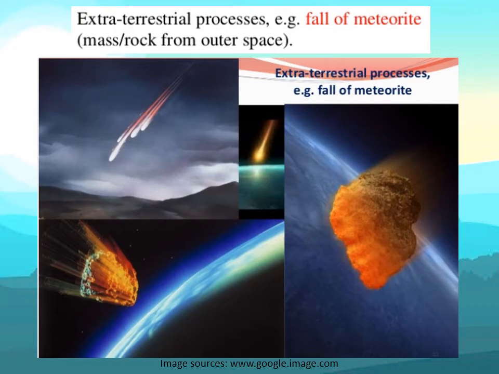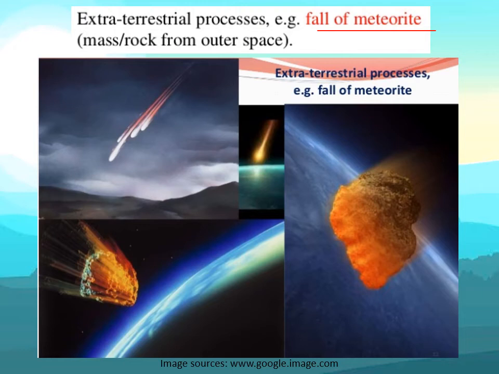Coming to the extraterrestrial processes, the famous example is the meteorite impact. An outer Earth celestial body, when one piece of the celestial body detaches from the original body, and due to gravitational attraction comes close to the Earth and impacts the Earth's surface, then some large crater-like features, circular to elliptical in nature, form on the Earth's surface.